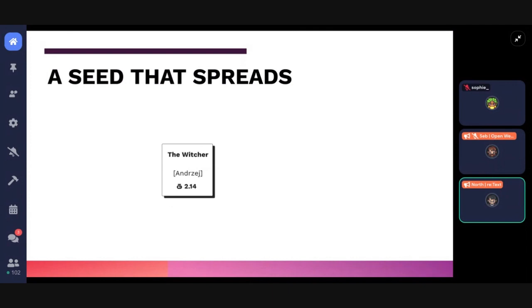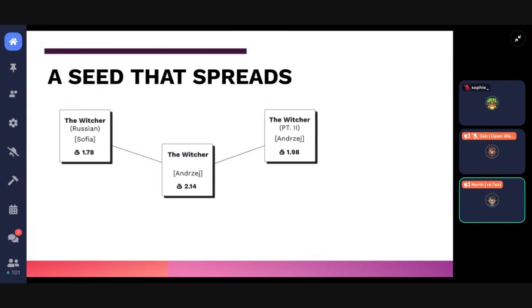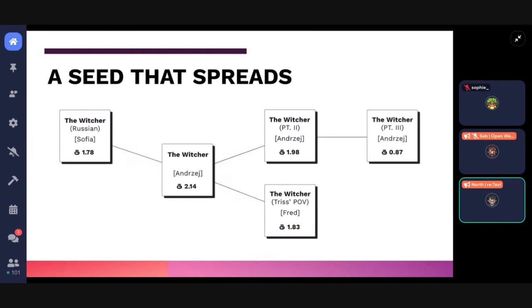Say we have a novel called The Witcher, originally published in English. A Russian-speaking fan could then grab the original version and translate it to Russian, with the proceeds being split between the Russian translator and the original author. Or perhaps another fan would like to use a character in the original novel and use it for fanfic stories, basically forking the story. Until now, they couldn't monetize this because of copyright restrictions, but here again, both the fanfic and the original author will be remunerated. All of these changes are tracked on Retext itself, making sure that the original content creator and any content innovators are compensated fairly for every form of the content.